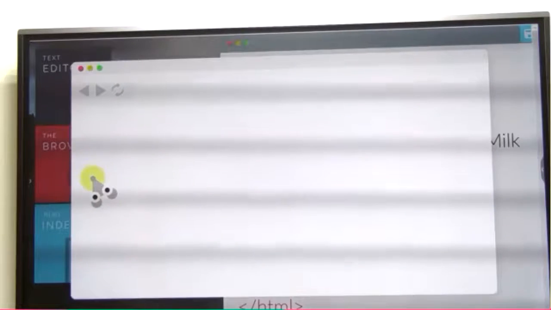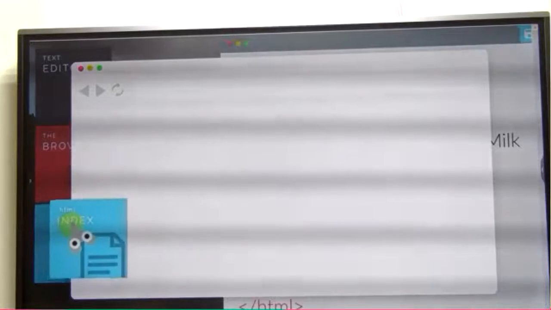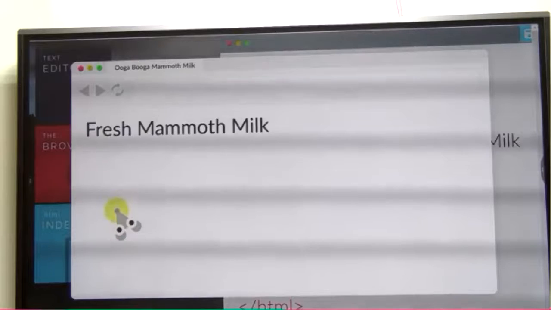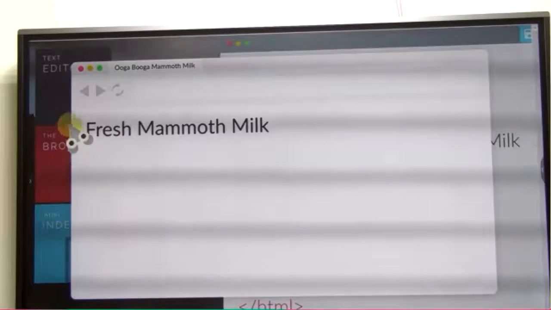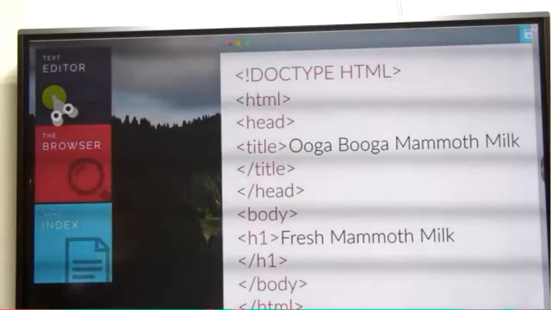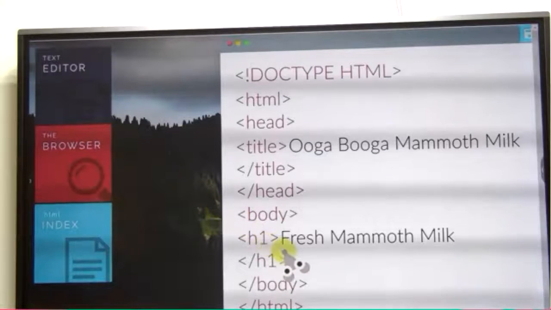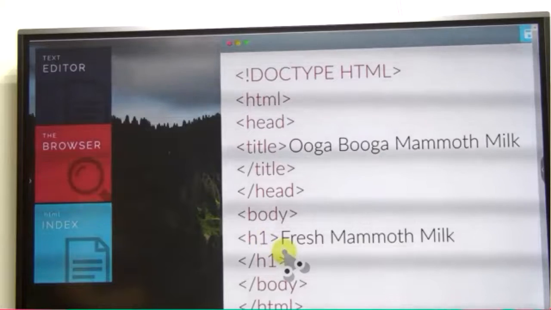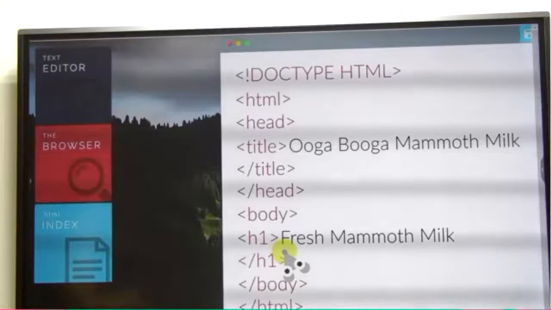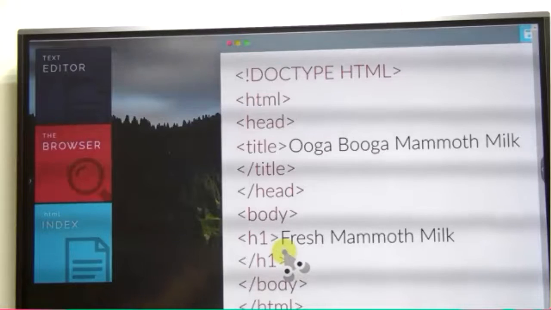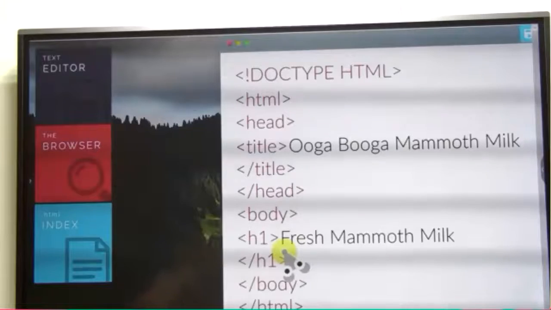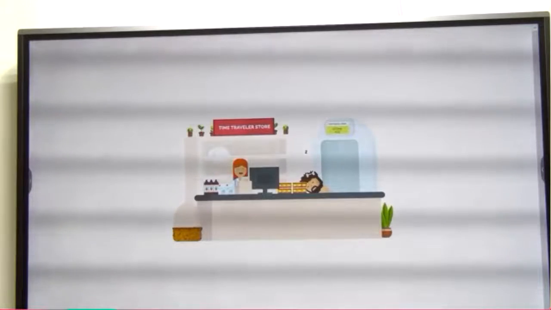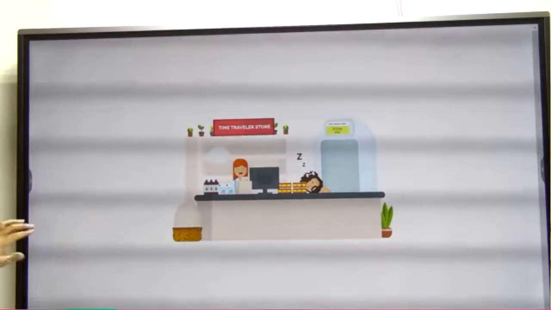Preview your file with your web browser. Drag and drop it into the browser area. You should see it pop up. Looking good. Now, look what happens if we change the H1 tag to an H2 tag. My friend, very tired. Time travel here from the Stone Age. Let's take a photo of this. Well, I think we will take it next time. Anyway, you should give it a try.